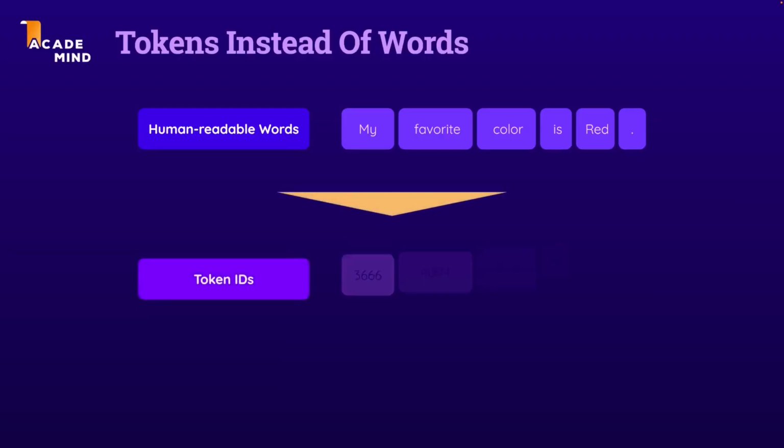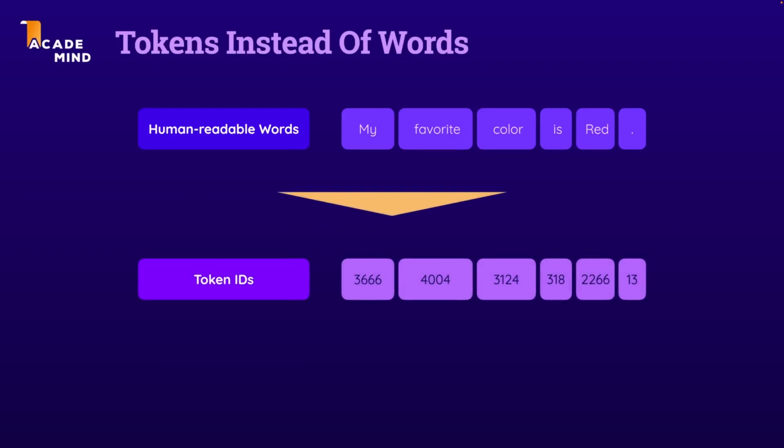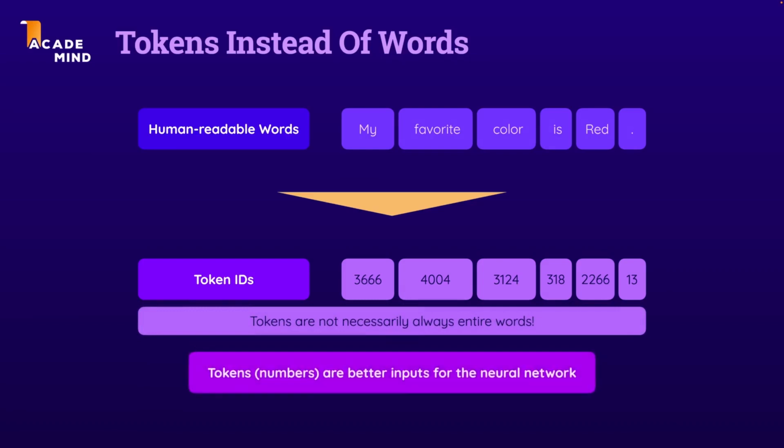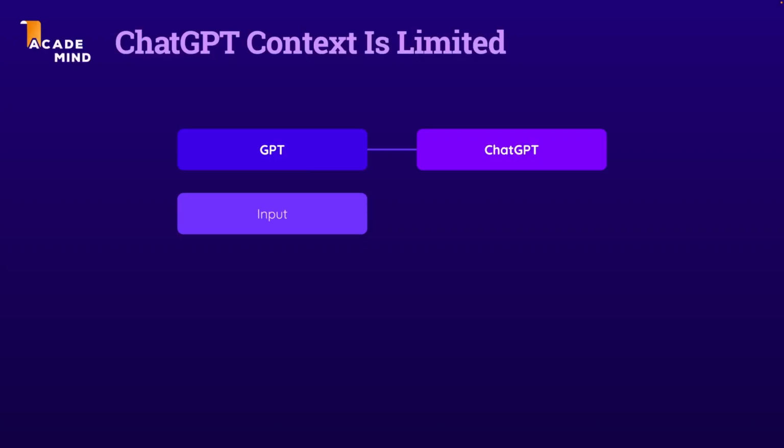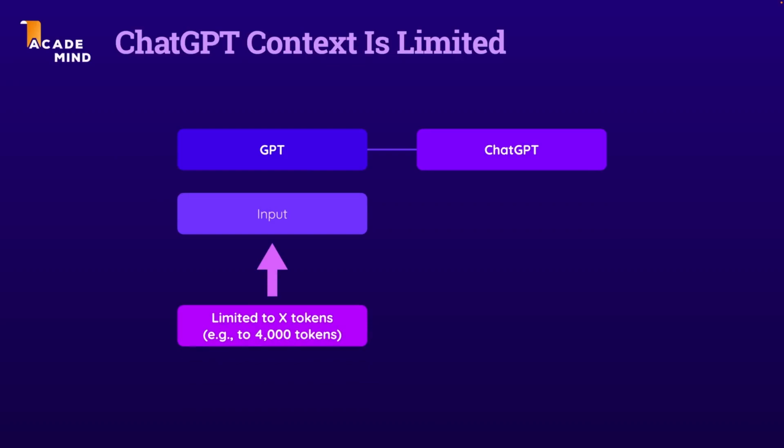Now you might recall, tokens are these things which are used instead of words, and as mentioned earlier, a token can be a word but also be a part of a word, and tokens have these IDs which are then used by the model, but it's all about these tokens in the end. And these GPT models have token limits, and the exact limit simply depends on the GPT model that is being used. This token limit, therefore, simply defines the maximum amount of text that can be handled by these GPT models, and therefore, of course, also by ChatGPT.